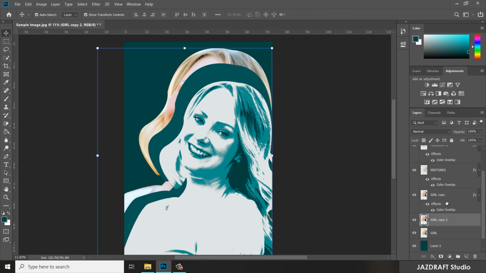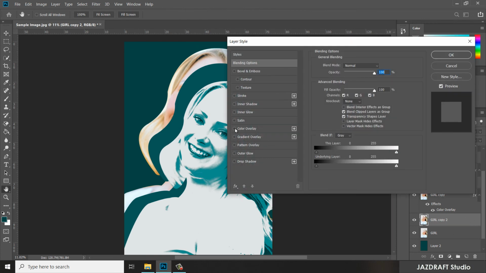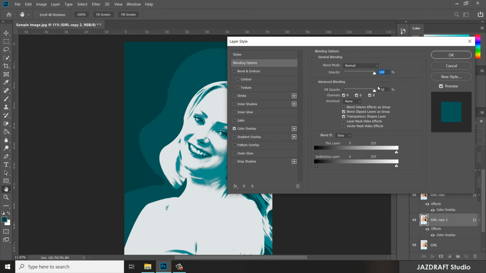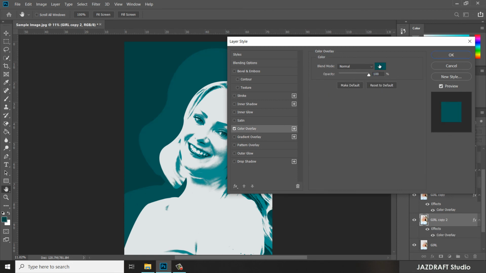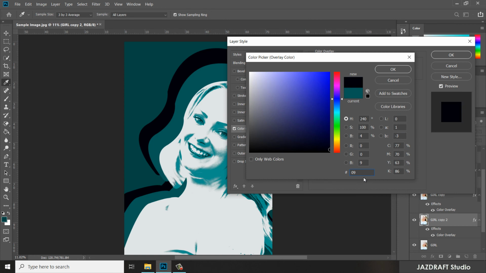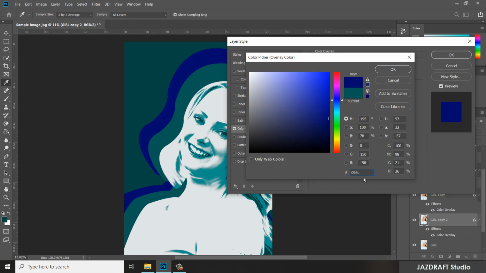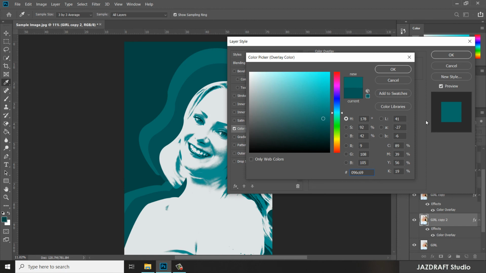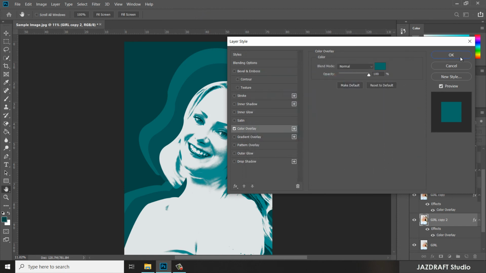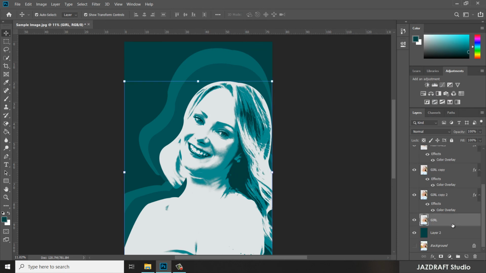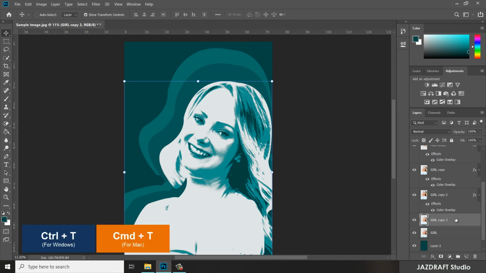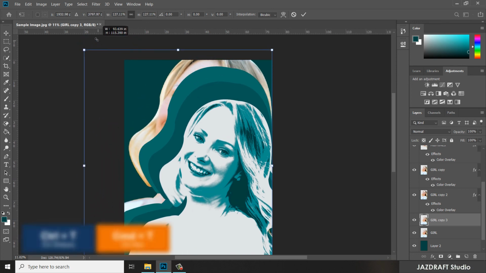Double click on this, then tick color overlay and highlight this. Make sure you choose a color of 096CBC69, around like this, and press OK and click OK. We are going to repeat that. Select the girl, press Ctrl J, Ctrl T to resize, and resize it like this. Click that check